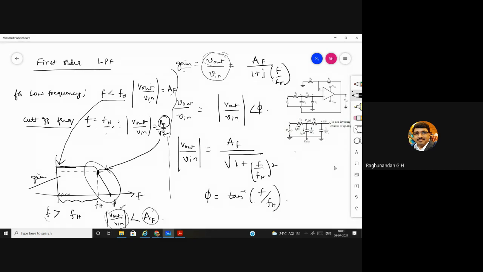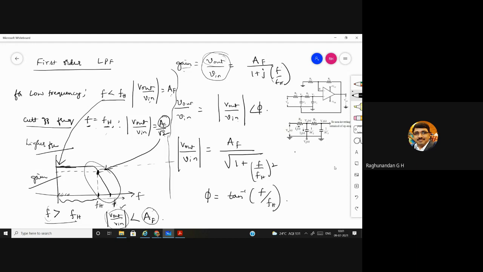Then when you are having higher frequency, we go for this condition. When frequency is greater than the higher cutoff frequency, then the gain of the circuit is lesser than the actual gain. So this is the maximum gain. It will be constant. But the actual gain, whatever you are getting here from the circuit, will be lesser. See, it keeps on decreasing when frequencies keep on increasing beyond the higher cutoff frequency. After that, whatever frequency you give for the input, the gain will start decreasing.